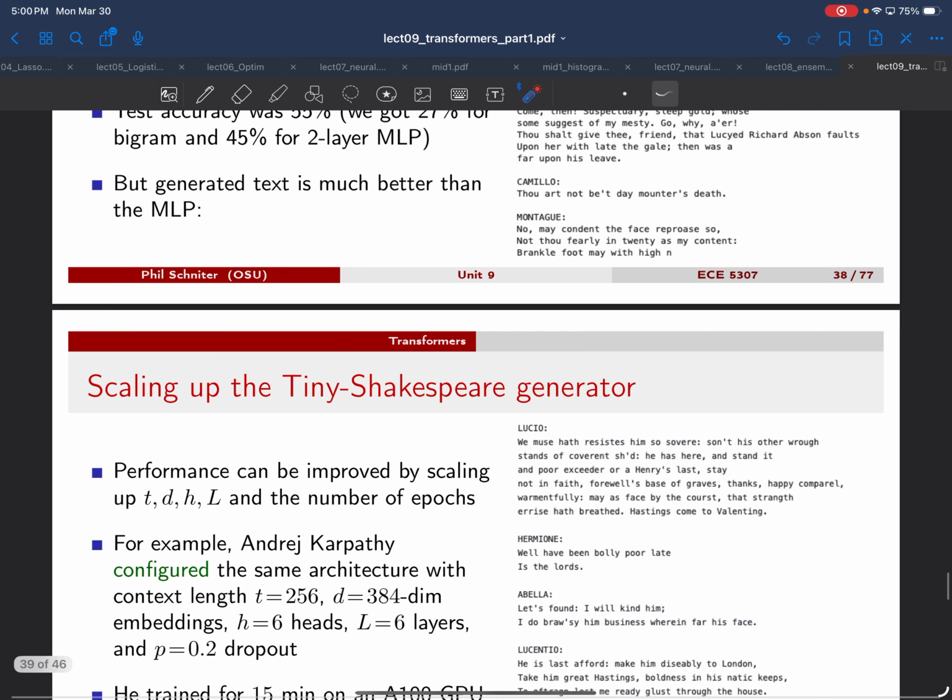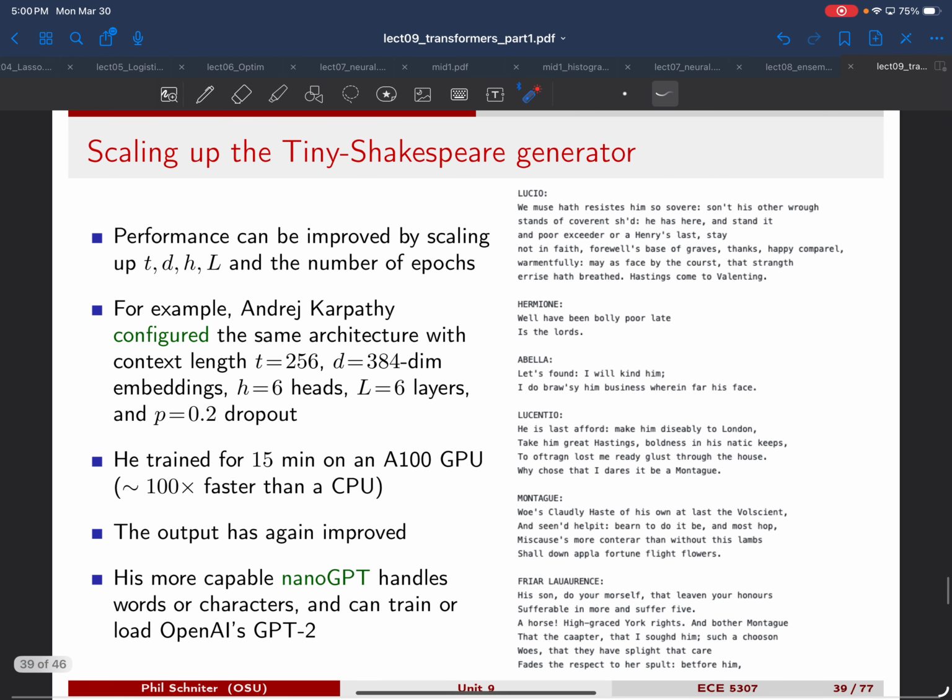So if you want to do more, if you have more processing power, this guy Andrej Karpathy has a really nice sequence of videos that basically goes through the bigram and builds you up to this style of model. Although he codes it much more bare bones in PyTorch, he doesn't use nn.Linear or anything, he just uses matrix multiplies and stuff. But he configured the same architecture with longer context length, larger embeddings, a few more heads, a few more layers, and he trained